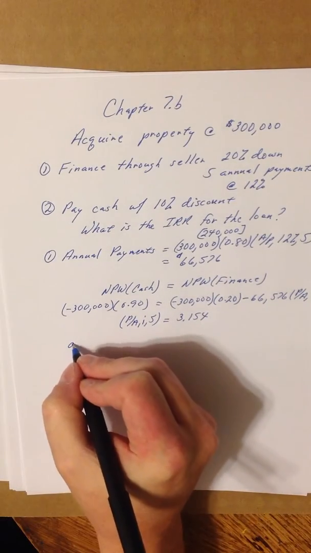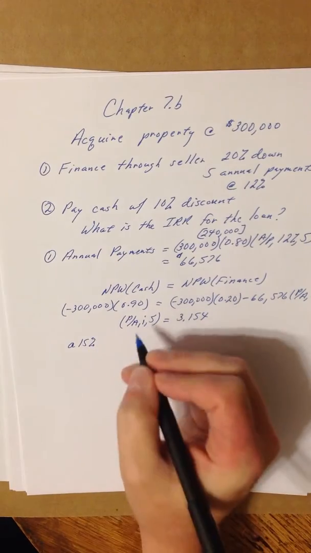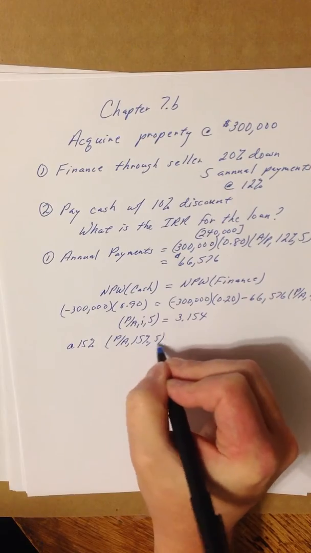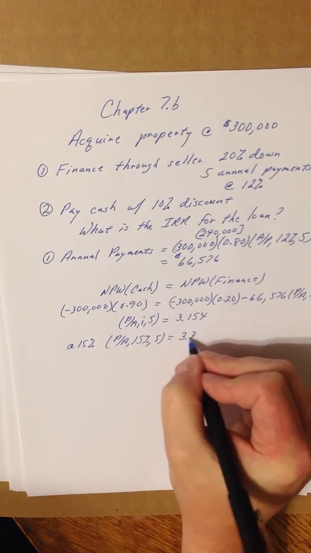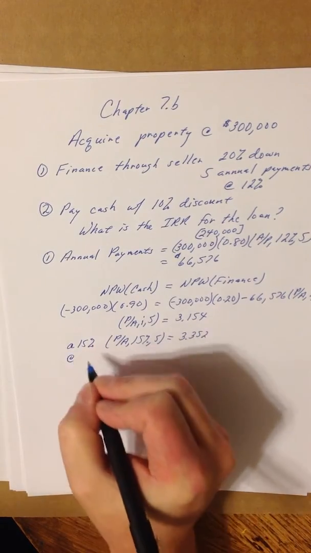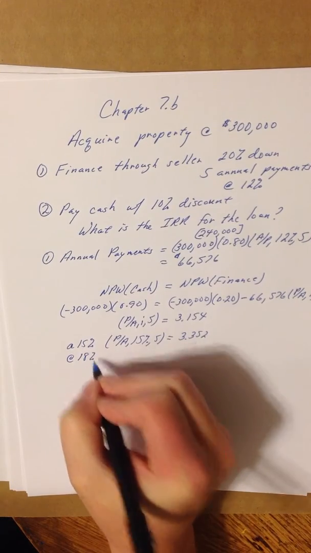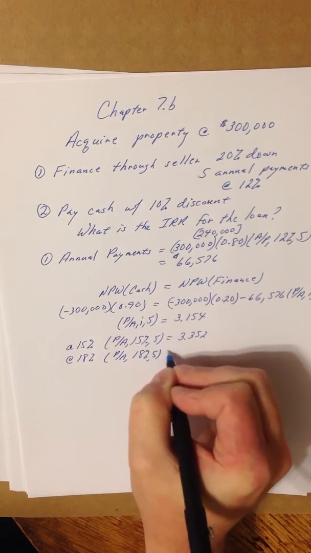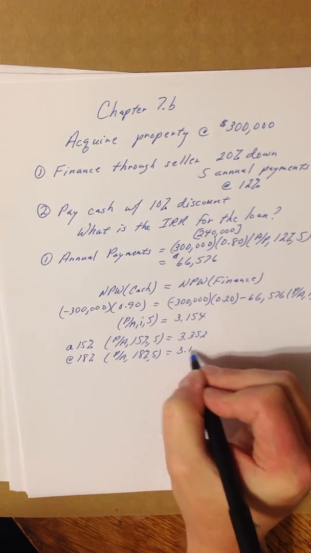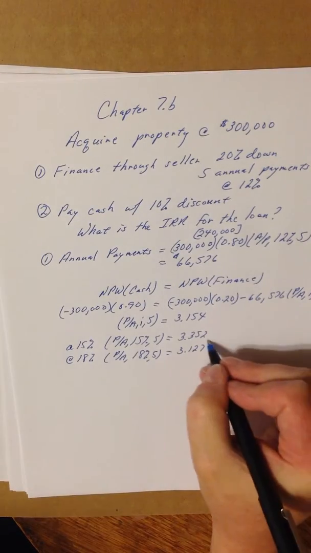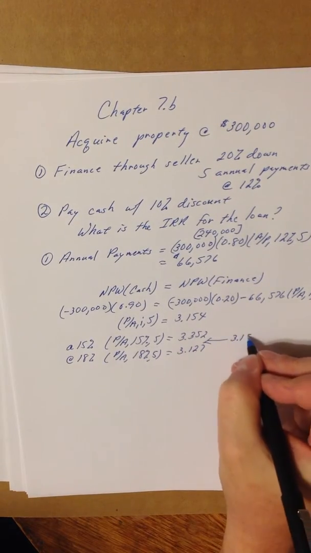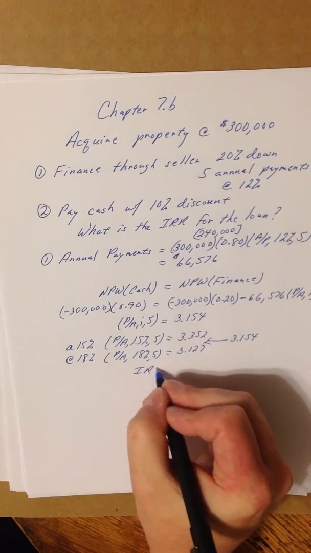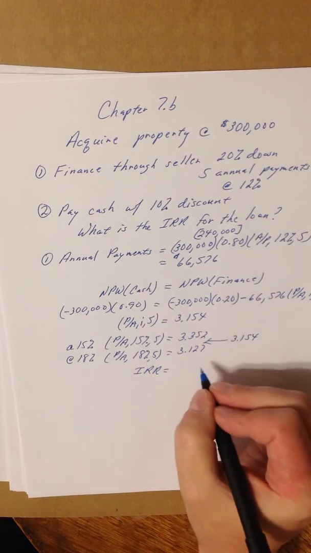So we can go through and do it at 15%, and we see that the factor comes out to be 3.352, and at 18% we see the factor comes out to be 3.127. So in this case, we've framed it. We know that our factor of 3.154 is in between there. If we do a linear interpolation, we see that the internal rate of return that we're getting for this is